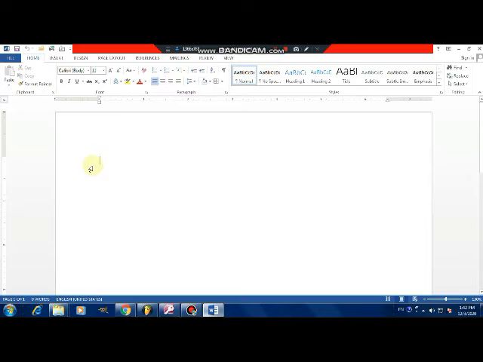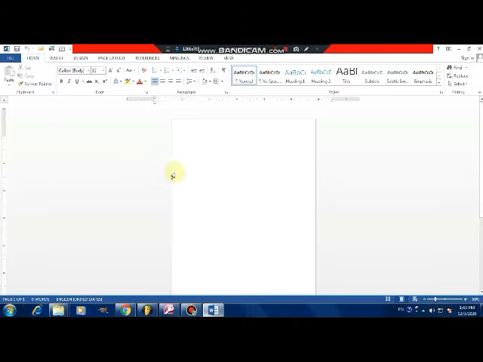So here we have a blinking vertical bar. We are going to use it to enter text, and with the help of the keyboard we have to enter text in the Word document. This is a blank Word document and the cursor is blinking at the beginning of this document. You can see it's in portrait, and it is blinking at the top of the document. Now let's see how to enter text in this.